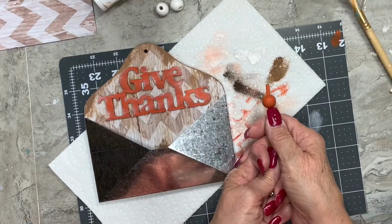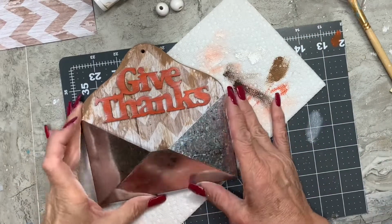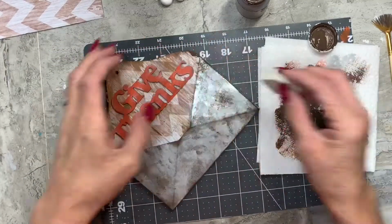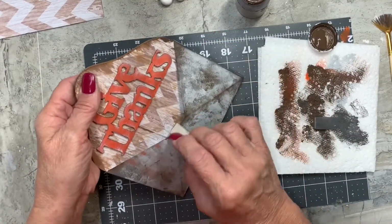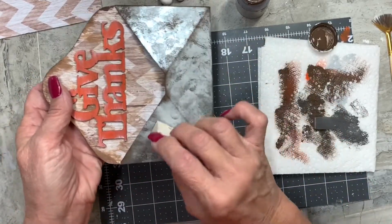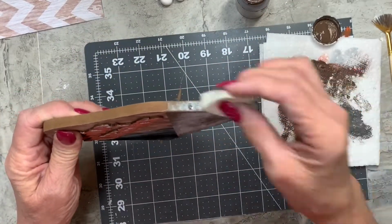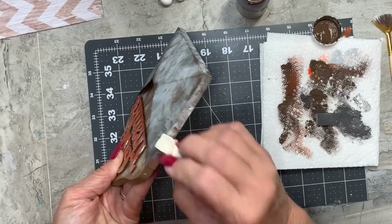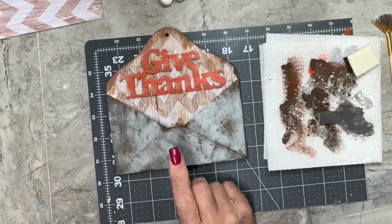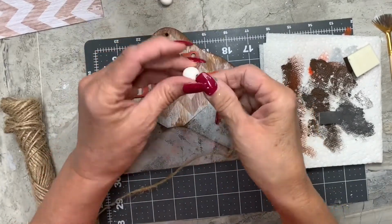I did do 2 coats and dried it with my heat gun, and then I'm just going to pop it off of there. Now I didn't like how shiny that was, and I did not show you how I did that, but I just took elephant and silver lining, and I used my makeup sponge, and I just dabbed until I got the color that I wanted. And then I'm taking that truffle by Waverly and sponging a little on the edges so it looks a little rusty. But for the silver part, I just did that silver lining and